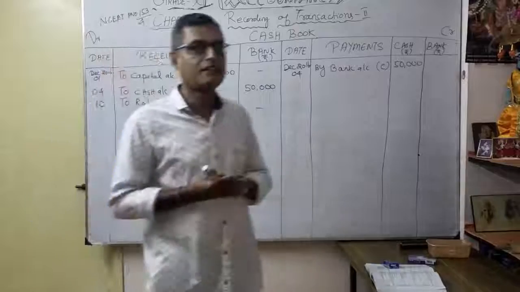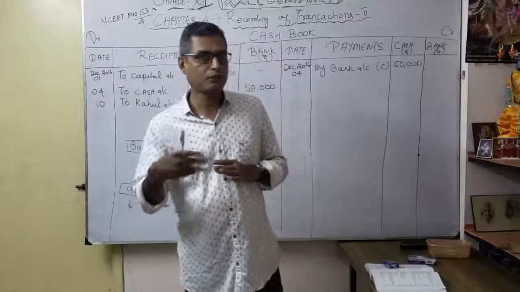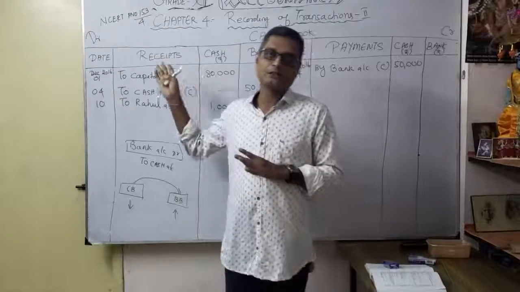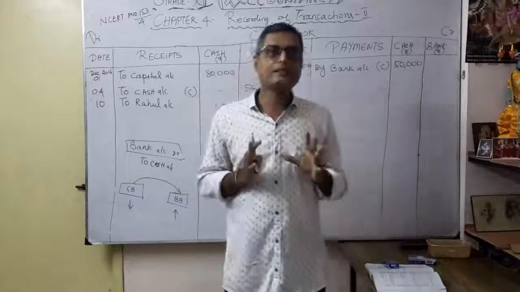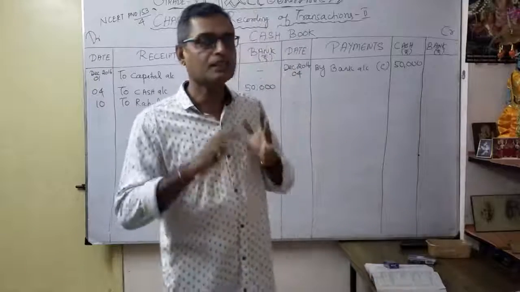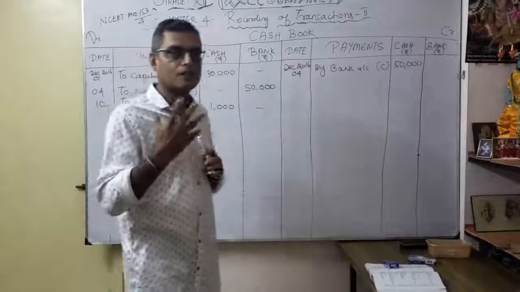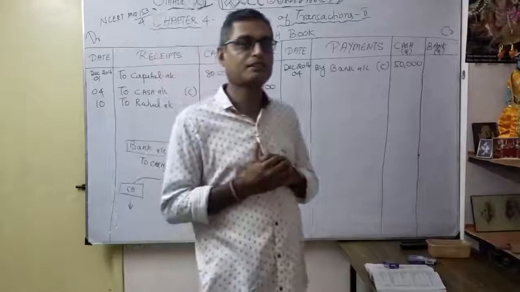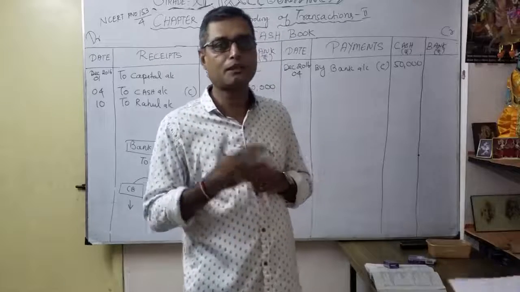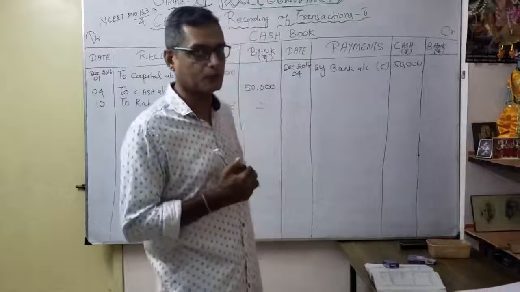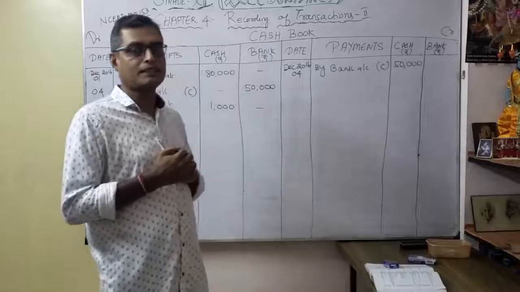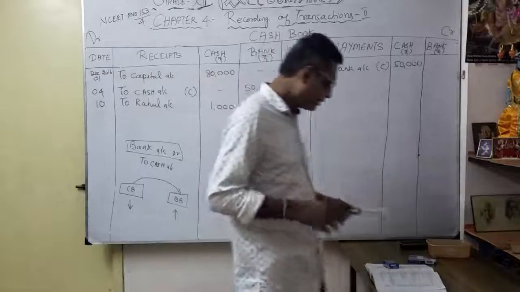So you have to write the journal entry, then do the posting, because now you are learning. Correct? Here I have directly posted in a cash book. Should be very careful whether it is a cash transaction or bank transaction whenever dealing with a double column cash book. In a single column, no confusion, only cash transactions we can enter. But whenever it comes to the double column cash book, be very careful whether the transaction comes under cash or bank. Okay. Now this entry is over.